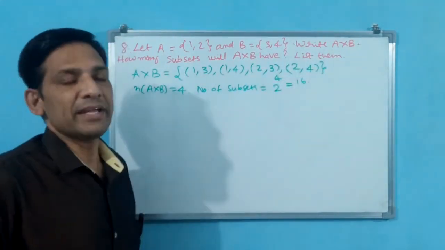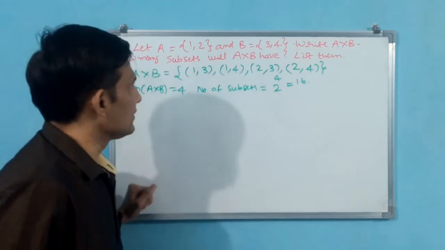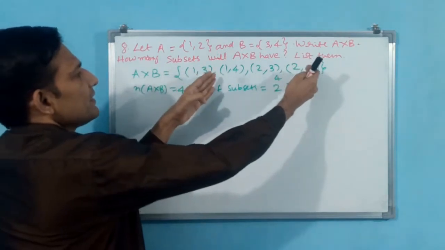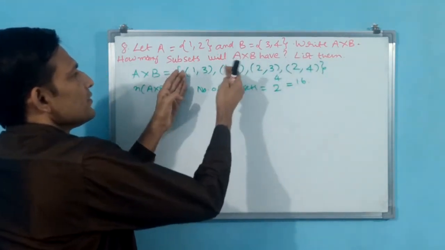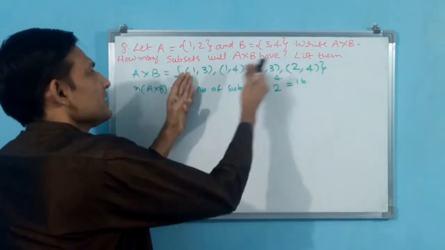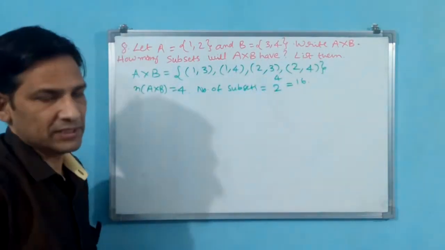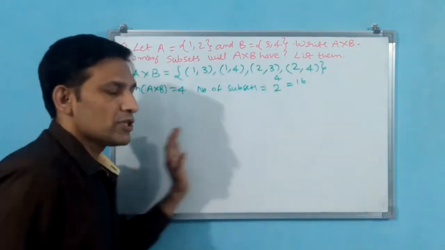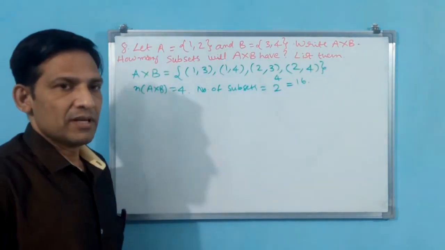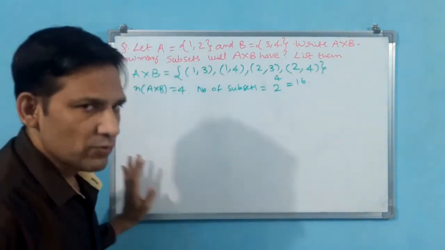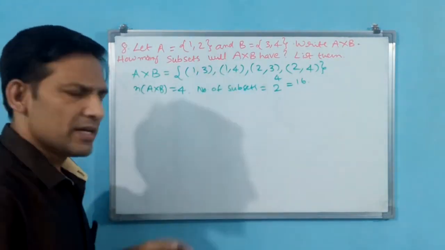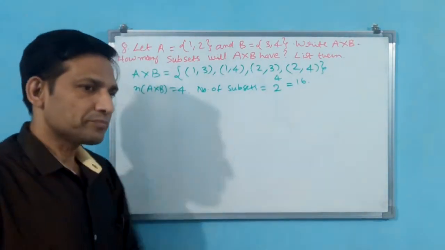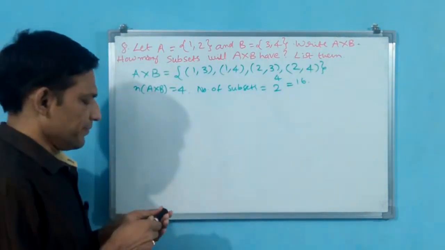List them, that is the main criteria. Here you cannot list 16 subsets easily. See, empty set, full set, 3 sets, 3 sets, 3 sets, then 2 sets, 2 sets, 2 sets, 2 sets, 2 sets, single sets. Like that you have to list a total of 16. Before going to the original problem, how do we list out 16 subsets? Let us see with A, B, C, D first, then we go for this one. Whatever I am doing is rough work only. Again I am going to rub it. See how I am writing.